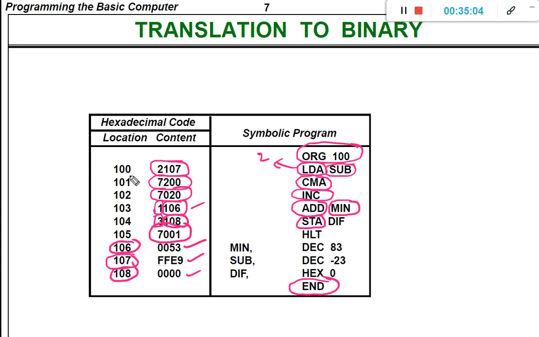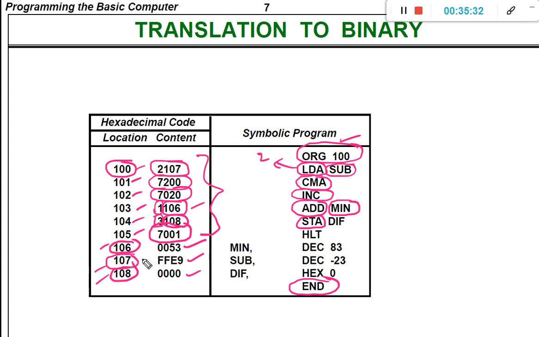All these instructions are stored starting from 100, because the ORG is 100, that is, the starting location is 100. So 100, 101, 102, 103, 104, 105 represent the instructions, and then data is stored in 106, 107, and 108.